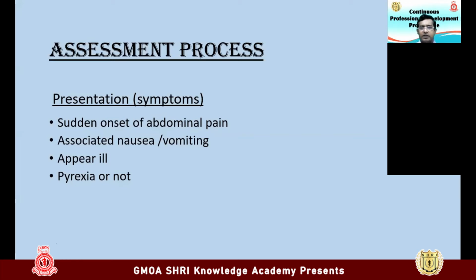The onset of symptoms is also very important, as it helps guide us to a diagnosis. Like if the patient comes with abdominal pain which started in minutes, we know that it could be due to a torsion or vascular event, such as testicular torsion, ovarian cyst torsion, or rupture of an aortic aneurysm. In that case, other clinical symptoms and scenarios are there. But if we consider the pain alone, acute onset pain in minutes will guide us to some sort of